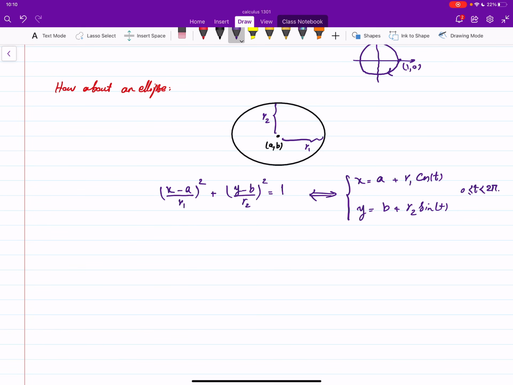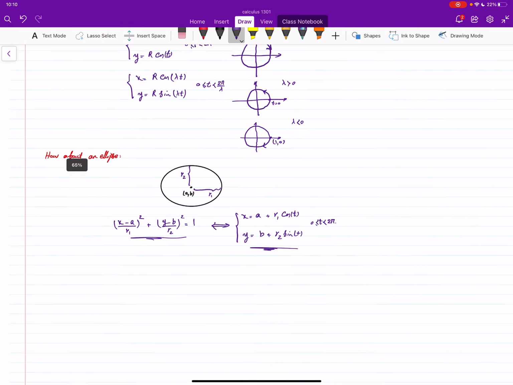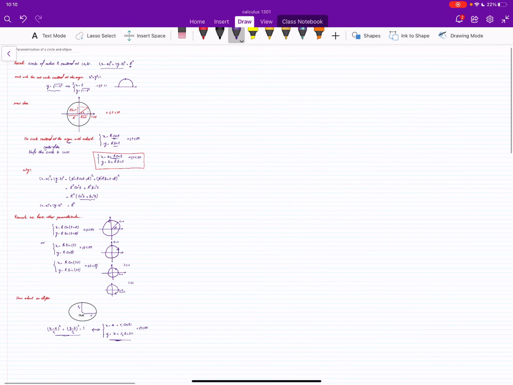And that's enough. I believe now you can actually confirm that this gives you these points, and well, the other remarks also apply for the ellipse or parametrization of